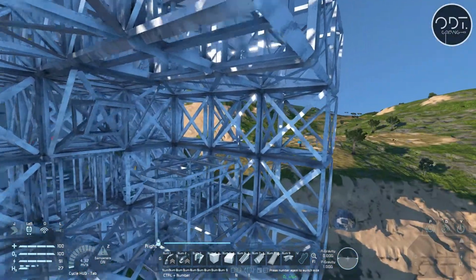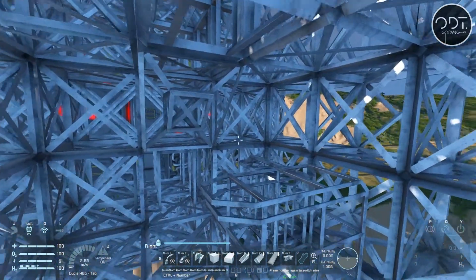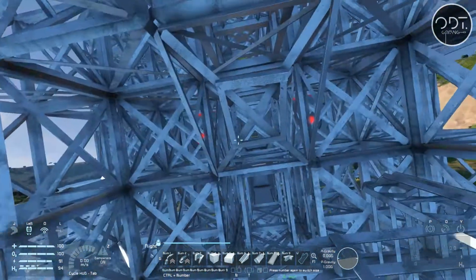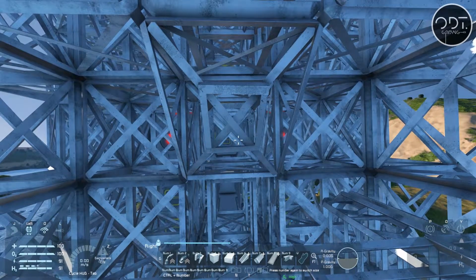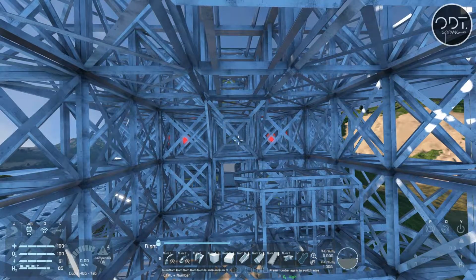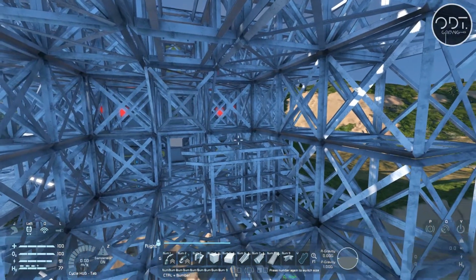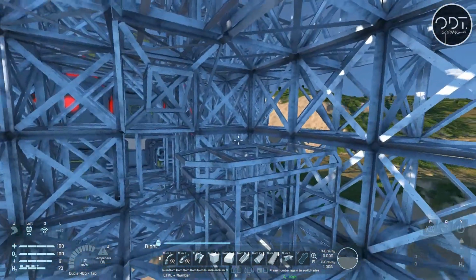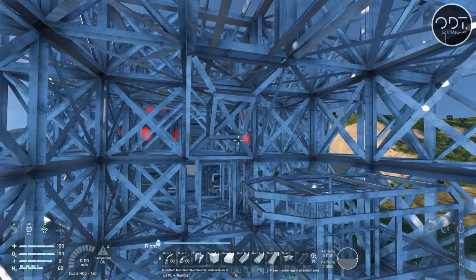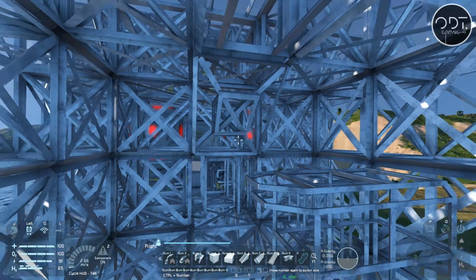What I will do, because I've got to fit in an oxygen generator, you know what? We don't really. You see, we can access any of the oxygen generators and put the hydrogen and oxygen bottles into any one of the oxygen generators. So I don't really need an oxygen tank here, but what I might do